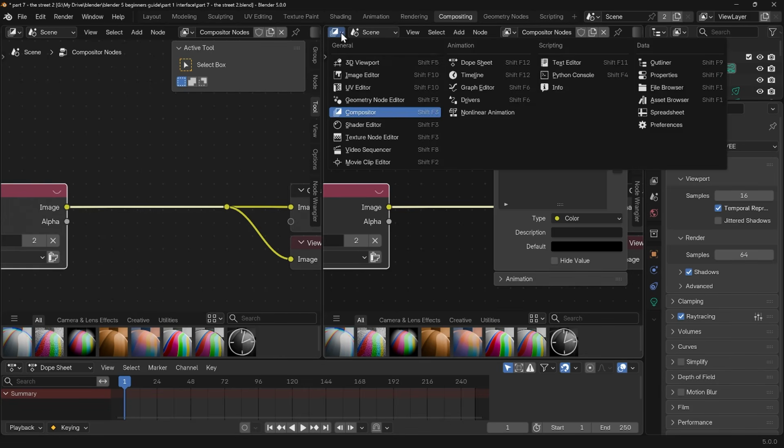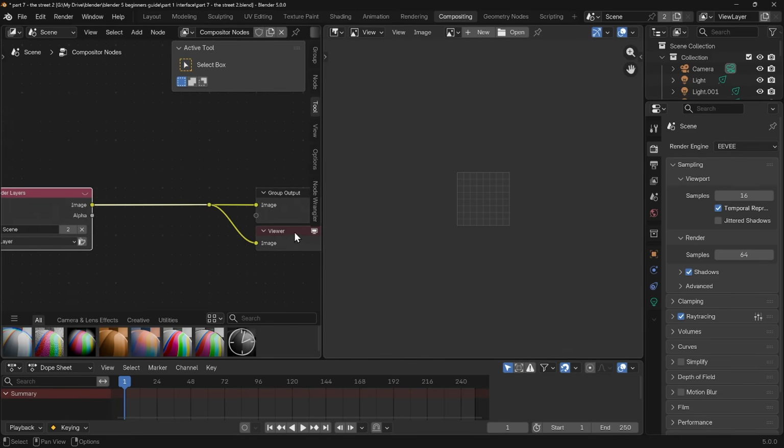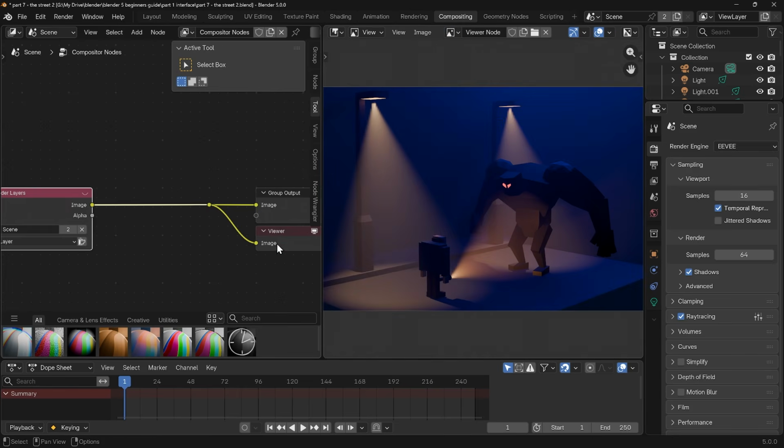I'll change this window up the top left here to the image editor. And notice if I just zoom out a bit, we've got the viewer node just here. So I'm going to change at the top here to the viewer node just there so I can see the finished result. Now in Blender 5, the compositor looks slightly different and you can have these cool looking effects here,